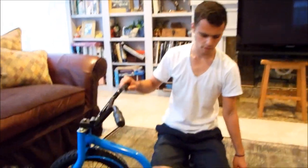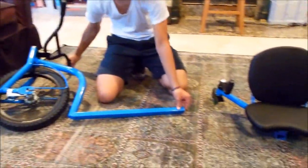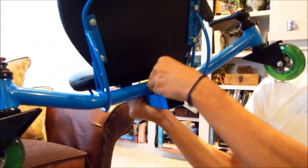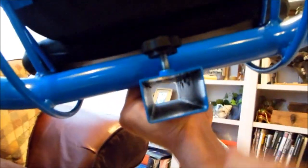Alright, it's looking pretty good. Now we just need the seat section and you'll be ready to ride. So you're going to take your seat section, and you'll notice that it has a screw in the back. This is what's going to secure it. You want to make sure that the screw is all the way taken out, so when you slide it over your frame, the frame doesn't get scratched by the screw that screws in there. So once you have that taken out,